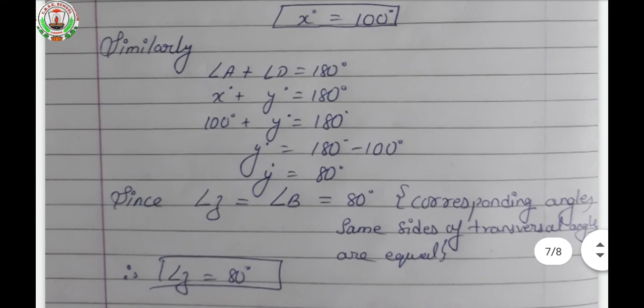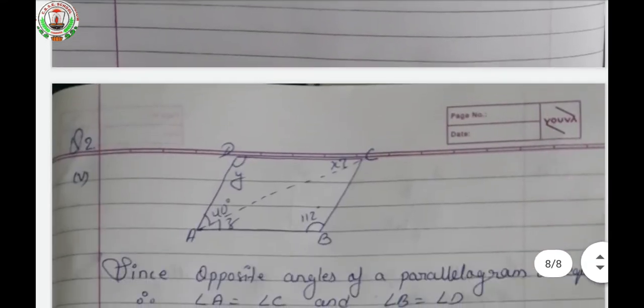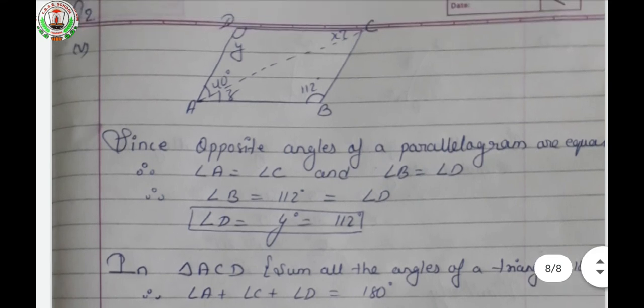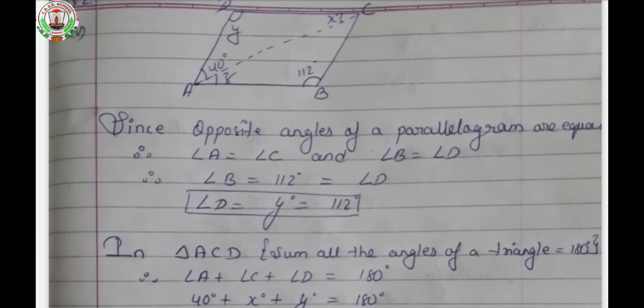Now we will see the next part, that is question number 2, fifth. Here this one is the last part of the solution. So again a quadrilateral is given, that is quadrilateral ABCD, isn't it? So look at the solution. Since the opposite angles of a parallelogram are equal, which are the opposite angles here? The two pairs of opposite angles we are having in the parallelogram. First pair will be angle A and angle C, and angle B and angle D are the other opposite pair of the parallelogram. Angle A will be equal to angle C, angle B will be equal to angle D.